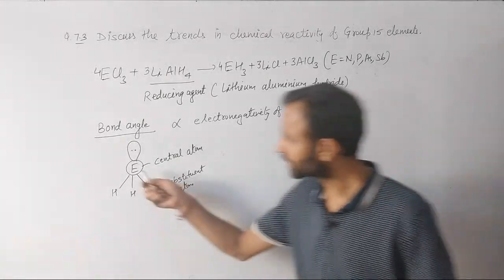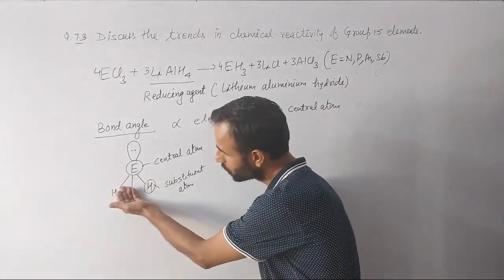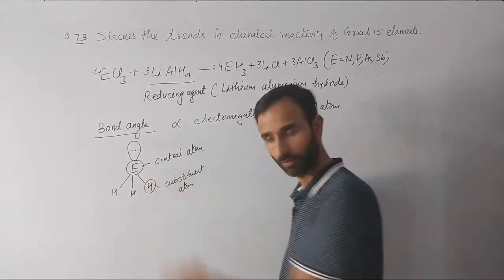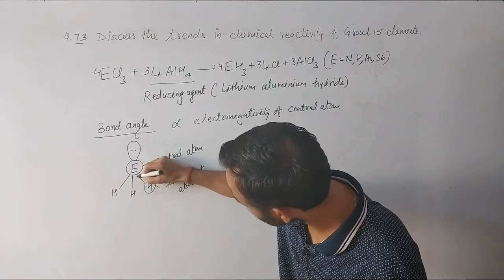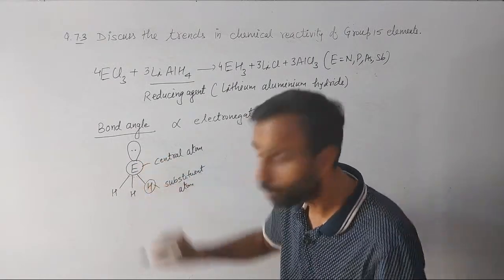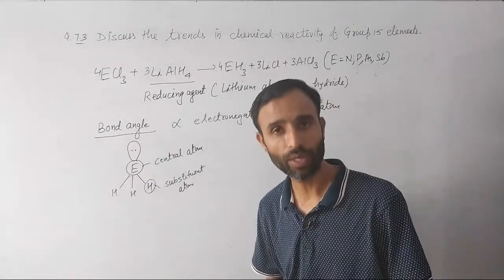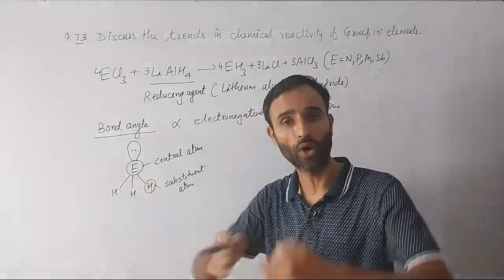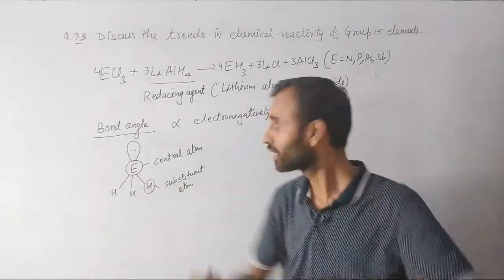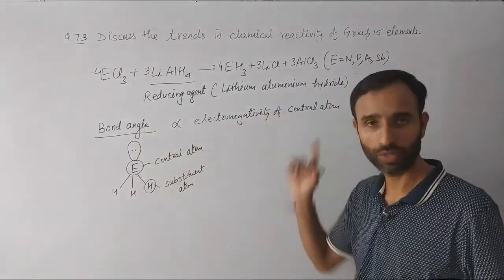Say, if this central atom is more electronegative, then what would happen? The bond pairs are close to it. If bond pairs are very close to each other, then what happened? The bond pair repulsion increases. So bond angle increases. That means bond angle is proportional to electronegativity of central atom,